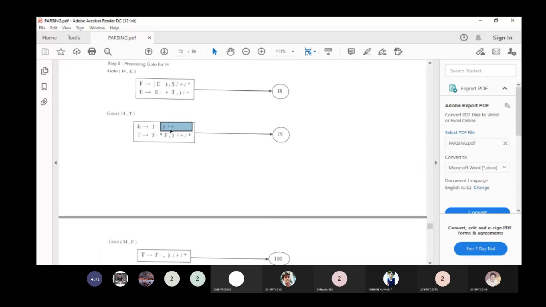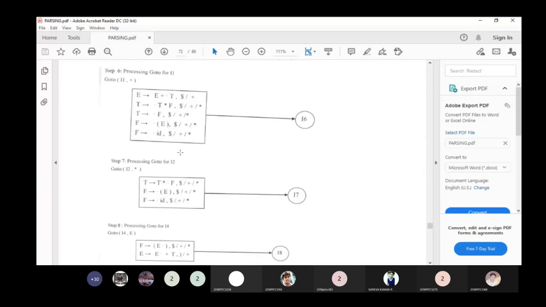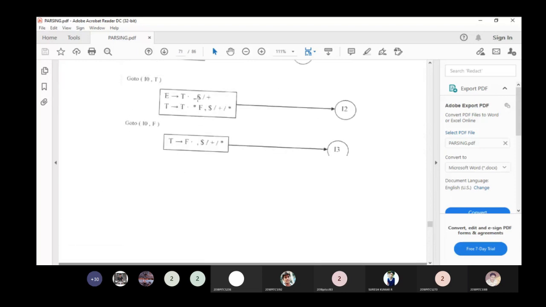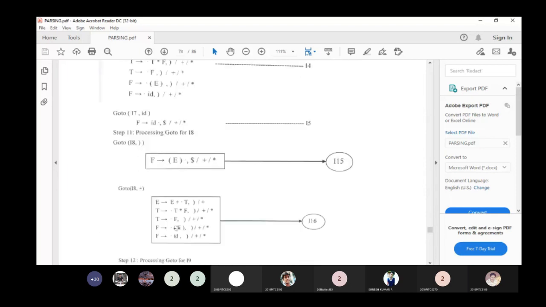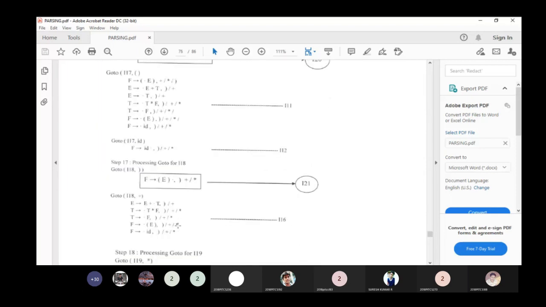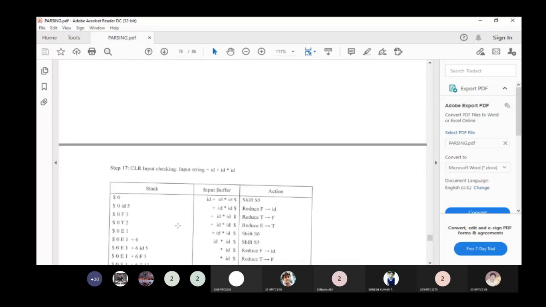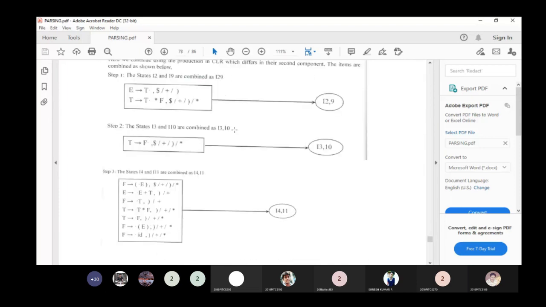Same. You just need to see the look ahead. You don't see these things, just the state; these values are the same. Just verify that. The look aheads are different. For 2 the look ahead is dollar, plus, star. But here the look ahead is different, but the values are the same. So 2 and 9 are both the same, and the states are the same in the CLR. The next one is 3 and 10.